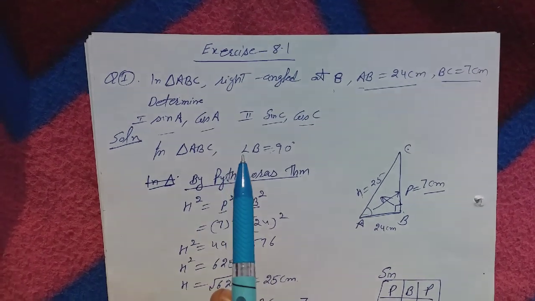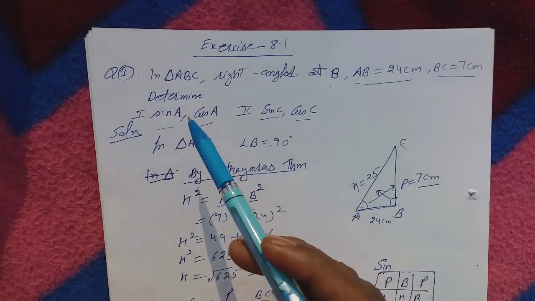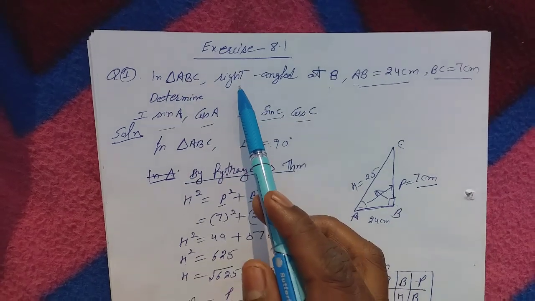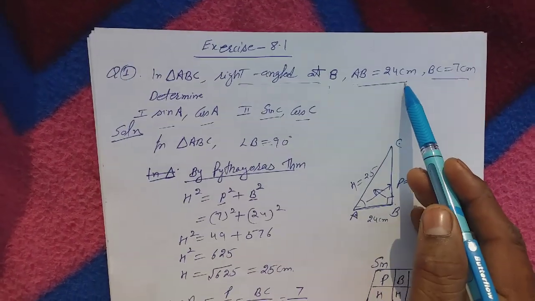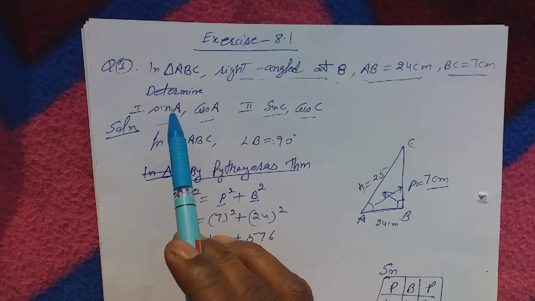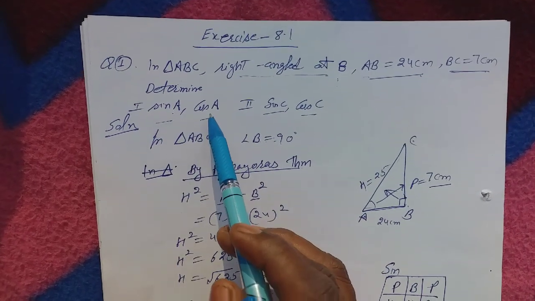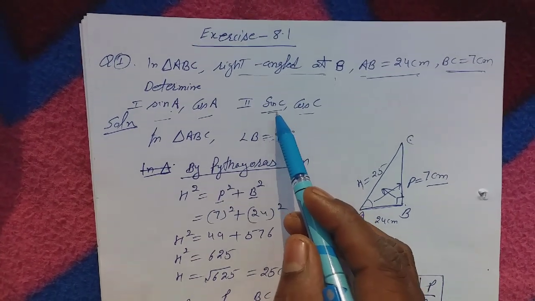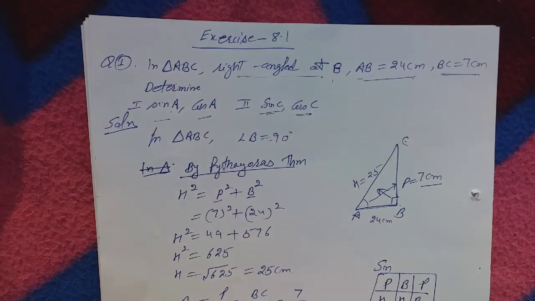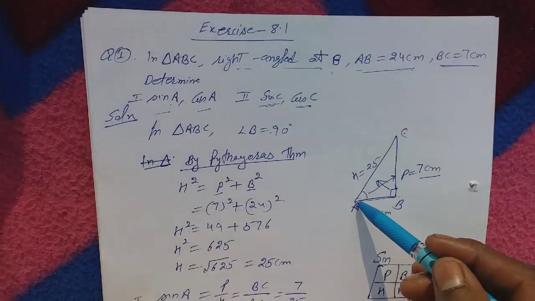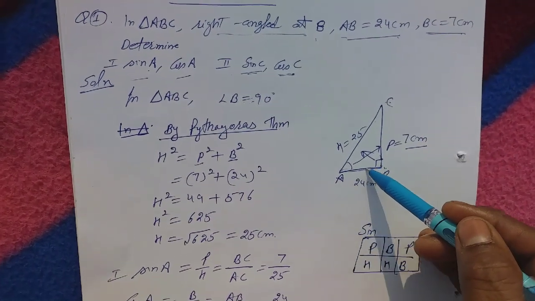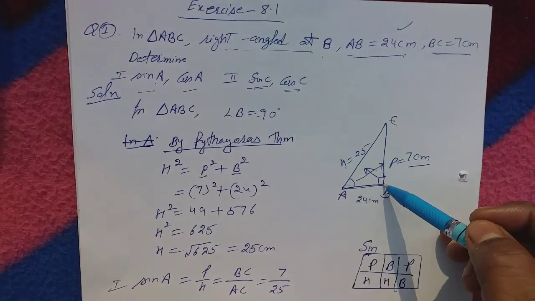So exercise first, 8.1. In triangle ABC, right angle at B, AB is 24, BC is 7 centimeter. Determine sin A, cos A. In the second part, sin C, cos C. So first of all, we will draw a triangle ABC in which AB is 24, that is given, BC is